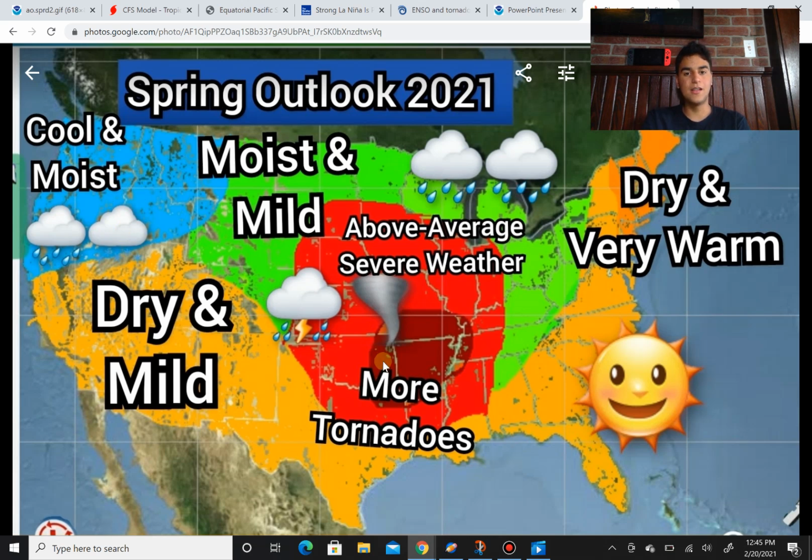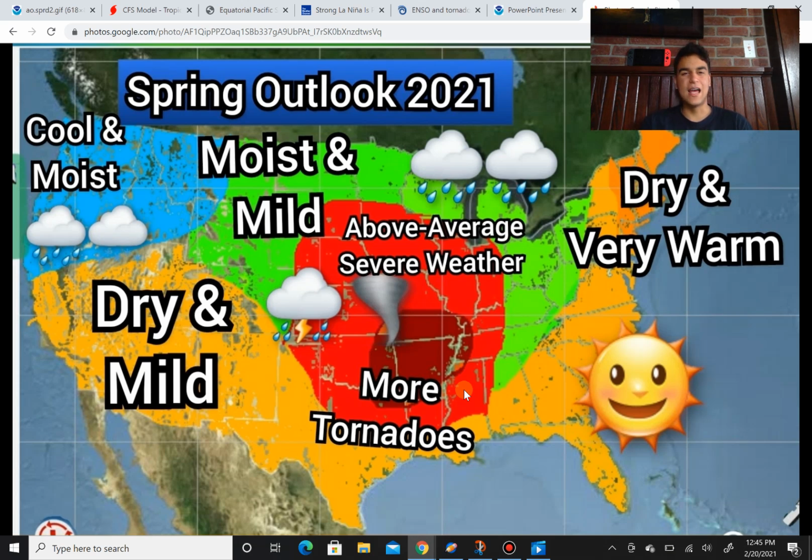So this definitely could change, like my last spring forecast, which I think I did about a month ago. I did definitely change my forecast because I brought a little bit more moist conditions to the East Coast, but now I've moved that further westward, as it seems more likely it's going to be drier across the East Coast. And for tornadoes, I expect to be above average severe weather year for a lot of the Midwest. I don't expect it to be record breaking. I wouldn't go that far because